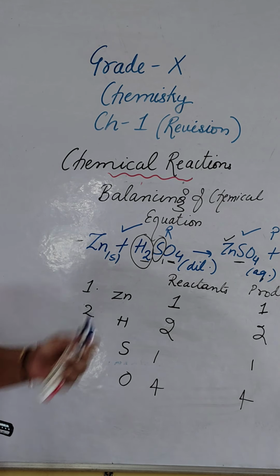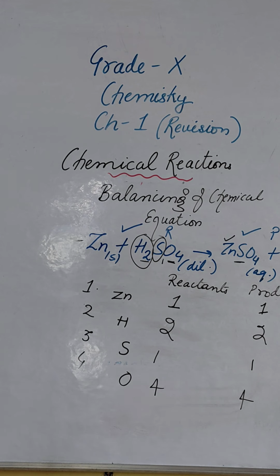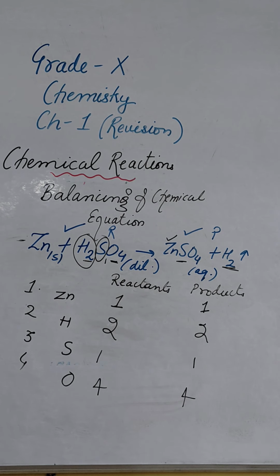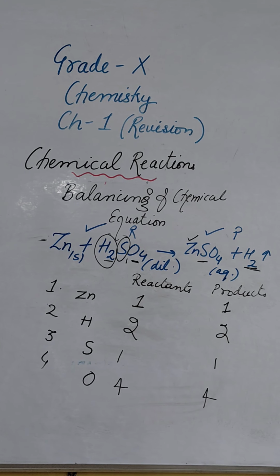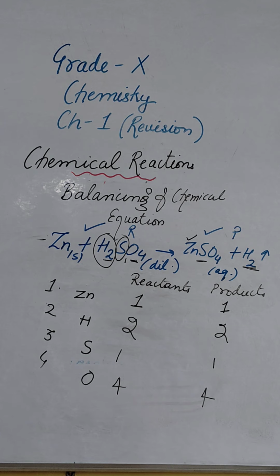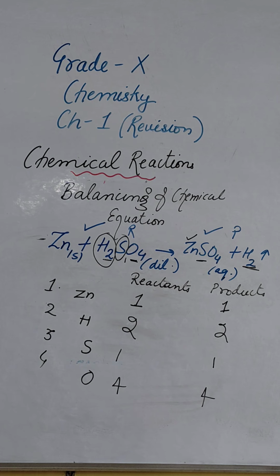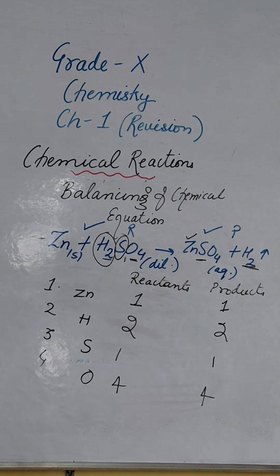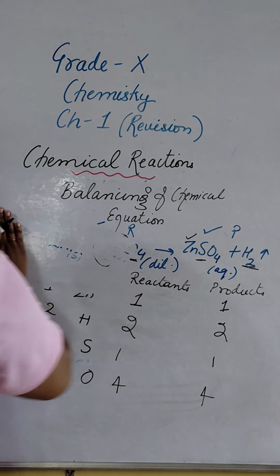4. Luckily, this equation is already balanced. So, no need to balance it. Beta, just see it. In this, everything is already balanced. So, remember, while balancing, you cannot change the formula of the compound. You have to write the formula of the compound in its native state. Fine? See, I will take one more example. In this case, that will be more clear to you.